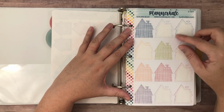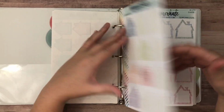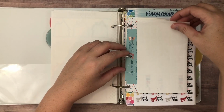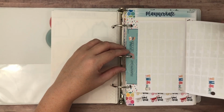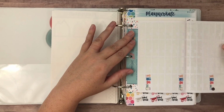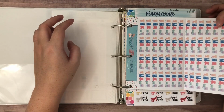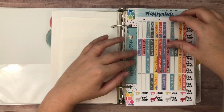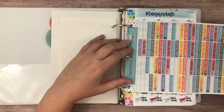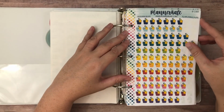And then these are also house stickers, only with the strings background. And then these are the older Dorky Doodle sheets that are too large to fit in a regular binder. So I punched the header and just folded the sheet so that they would fit. Same with this one. Yard work, cleaning bucket,